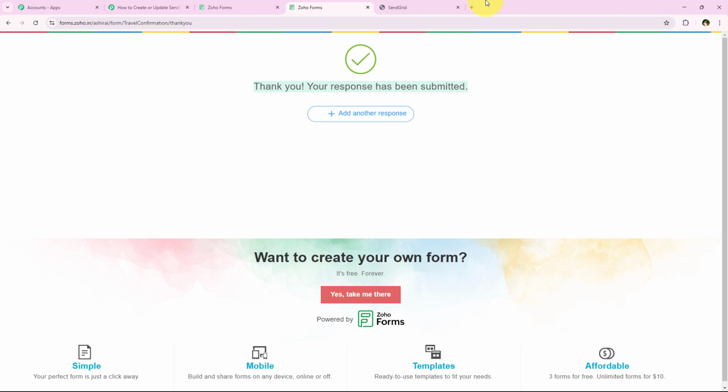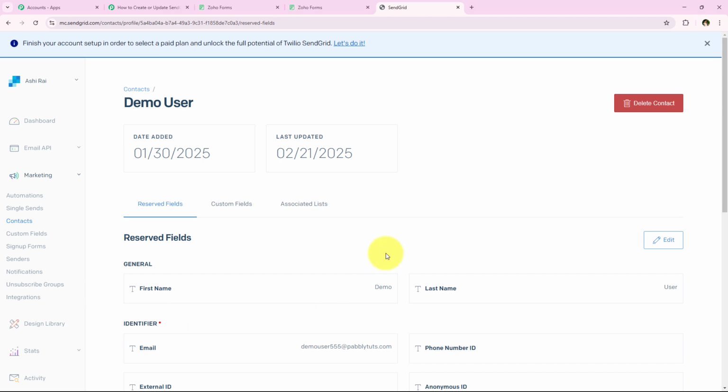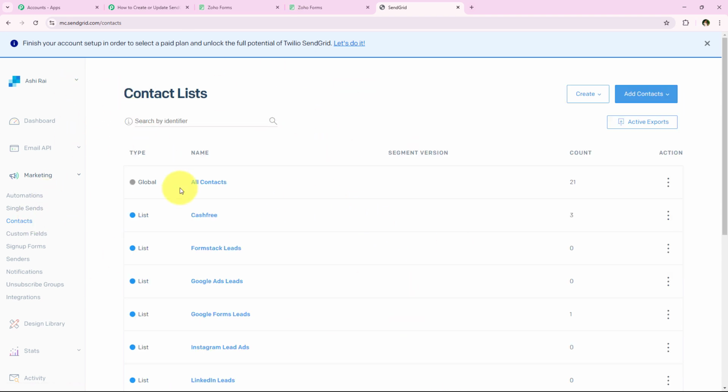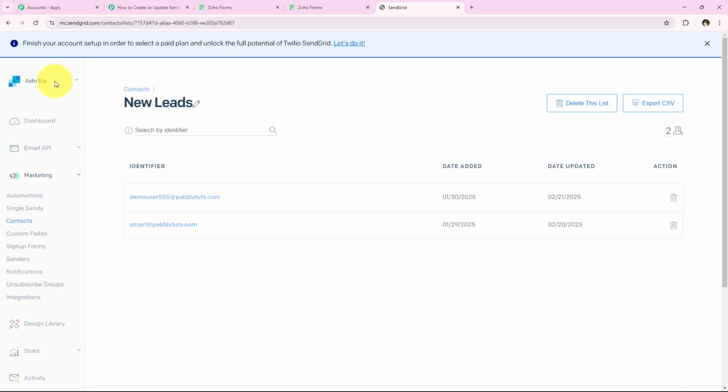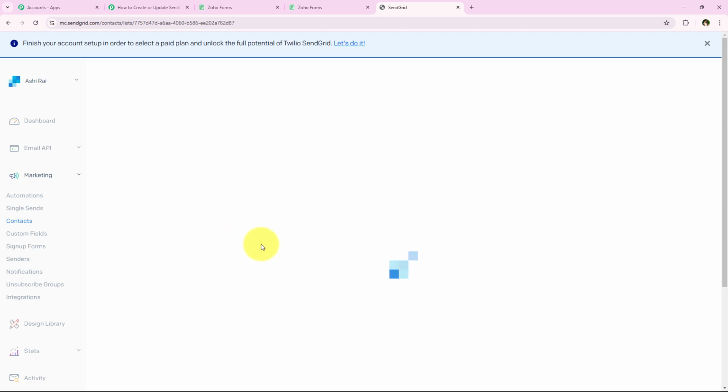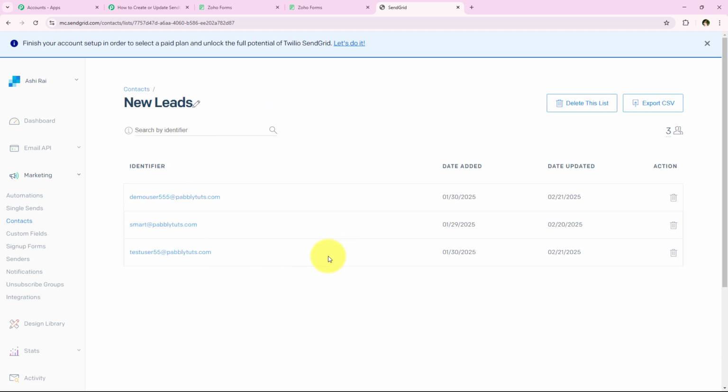So I'm just going to open my SendGrid account and check for the new contact created. I'm going to go towards the contacts once again. Once again, we are going to select our list, which is new leads. And over here, I'm just going to refresh this list in order to check for the new contact created. And as soon as we refresh it, yes, you can see a new contact has been created. You can see the same details, which is